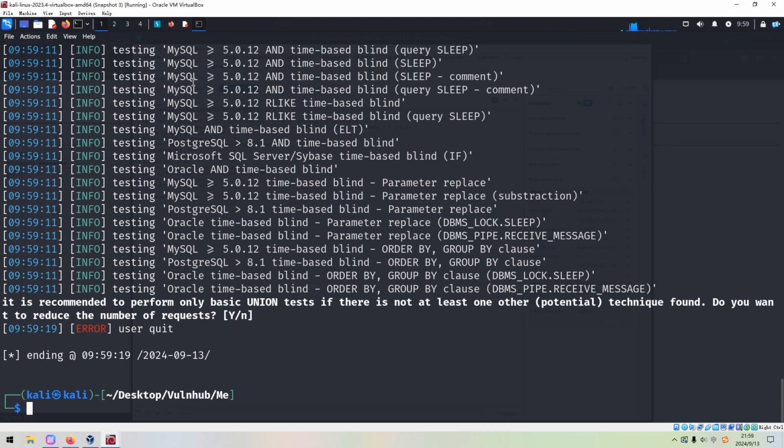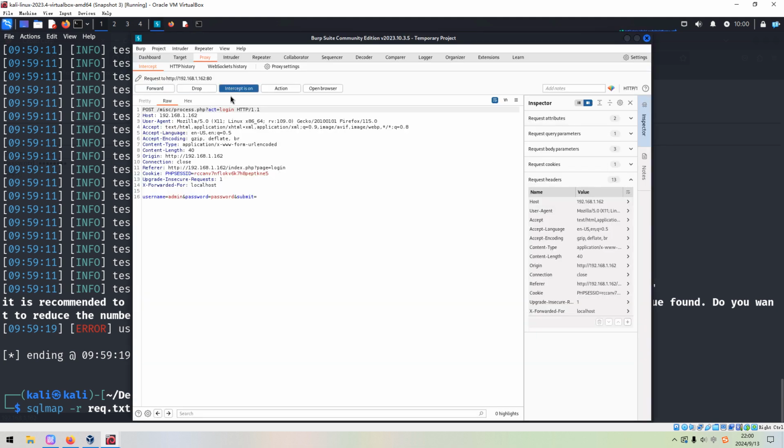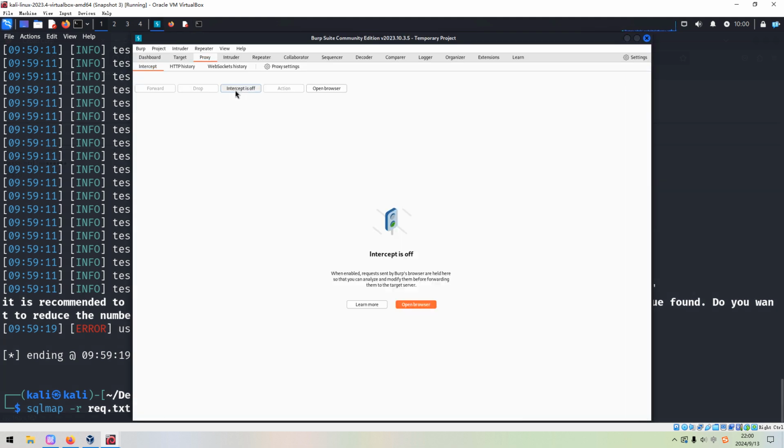I think in this case, the most important item of the header would be X-Forwarded-For. So how to make sure of that? We can combine Burp Suite and SQLmap. Actually, we can set the proxy, and the proxy is equal to this address, which means that all traffic launched by SQLmap will go through this proxy, and this proxy is actually our Burp Suite. But of course, we can disable the intercept option.